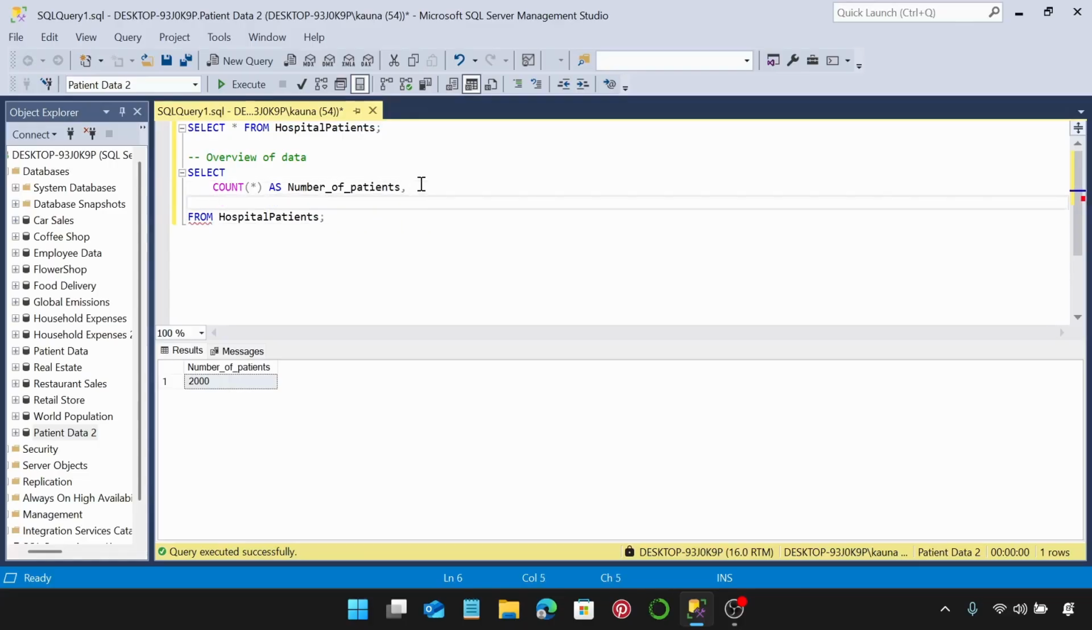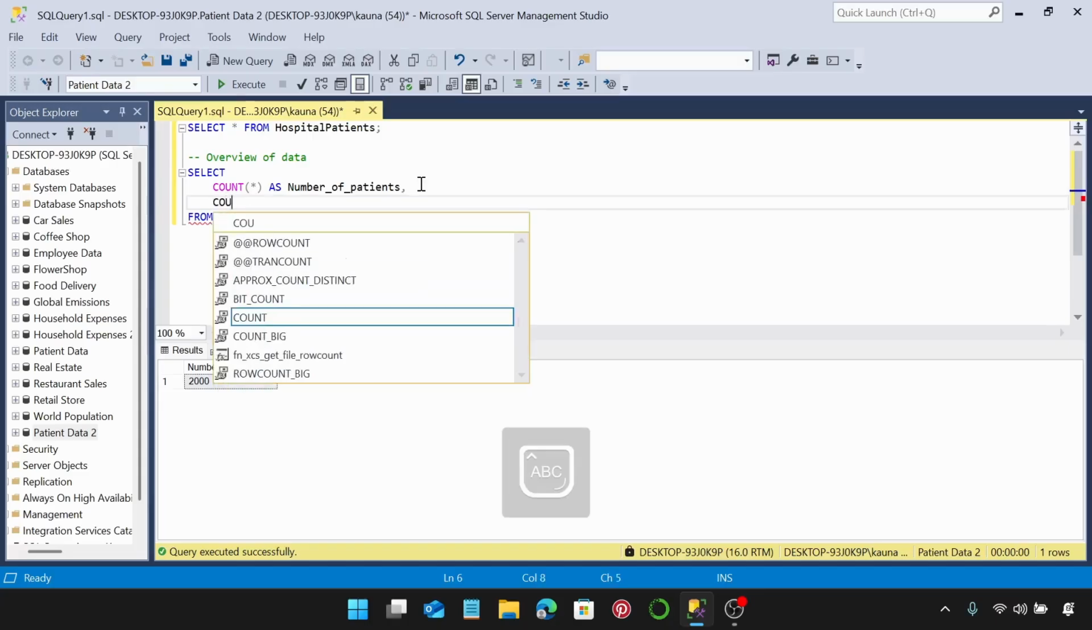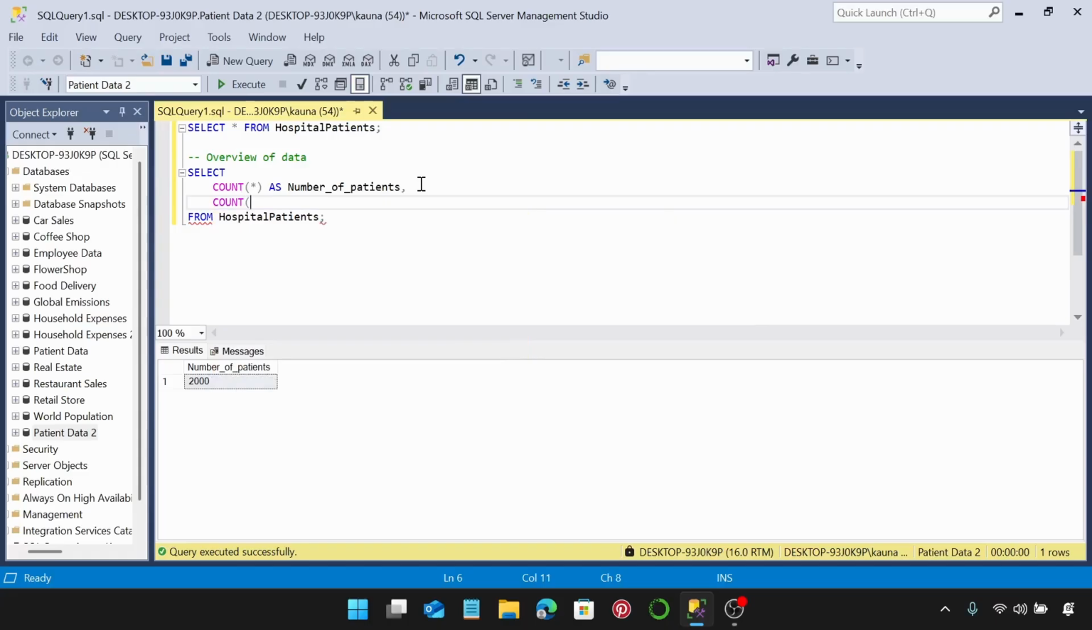I'm going to do another count. This time let's see the number of diagnoses. So we'll do a distinct count. Instead of just counting the number of items in the column, we'll count each diagnosis that is in that column. So we'll do a distinct